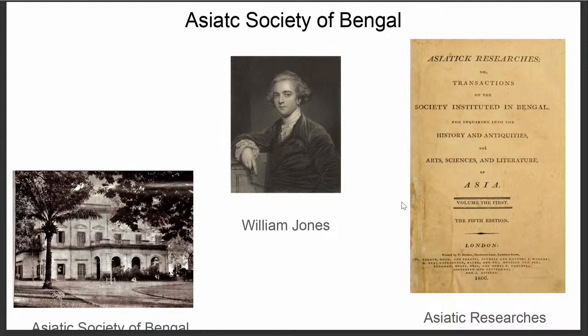So he was already aware of India's quote unquote glorious past, and the materials and the primary sources that were available. So he took all the effort to learn the earlier languages, and when he arrives in 1783, within a year this thing is happening. And from 1788 onwards,